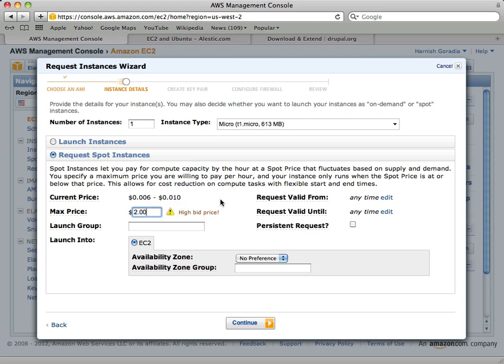So max price is the max price you would pay per hour? Yes. Why is it saying high bid price? Your max price for this bid is high. Did you know that you can get charged over the on-demand price? It tells you that. So the on-demand price is lesser than this price. But because I don't want this demo to go badly, I'm going to let the bid price be high. That doesn't mean I'm going to be charged $2 an hour. It still will charge me whatever the pricing is at that point. That just means that you won't get your server taken away from you up until the bid price reaches $2.